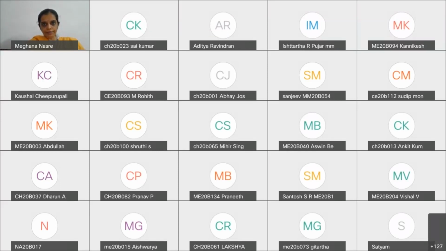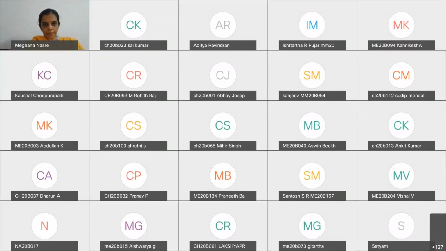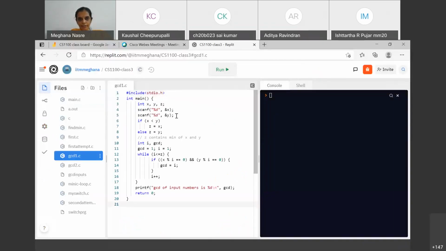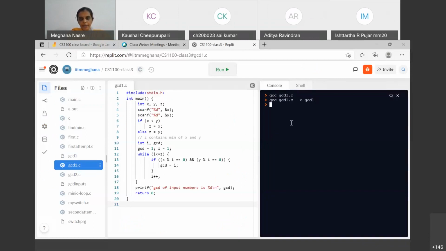Yeah, so I'm not going to show you the programs, but GCD1 is something that we have written earlier. GCD1 is the program for GCD. So let me just compile it as gcc GCD1.c -o GCD1, and then I'm going to run ./GCD1 and give two inputs, right? It is waiting for the input without prompting me, but I know that this is 10 and 2. So the GCD of 10 and 2 is 2, which is correctly printing it out.